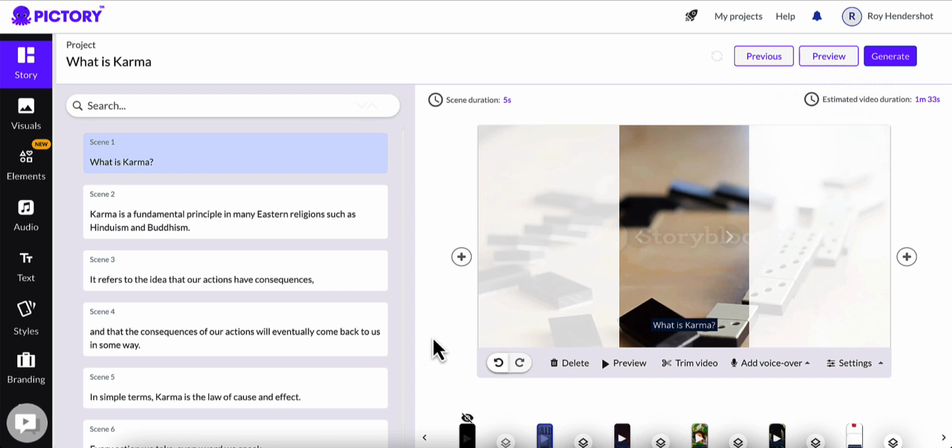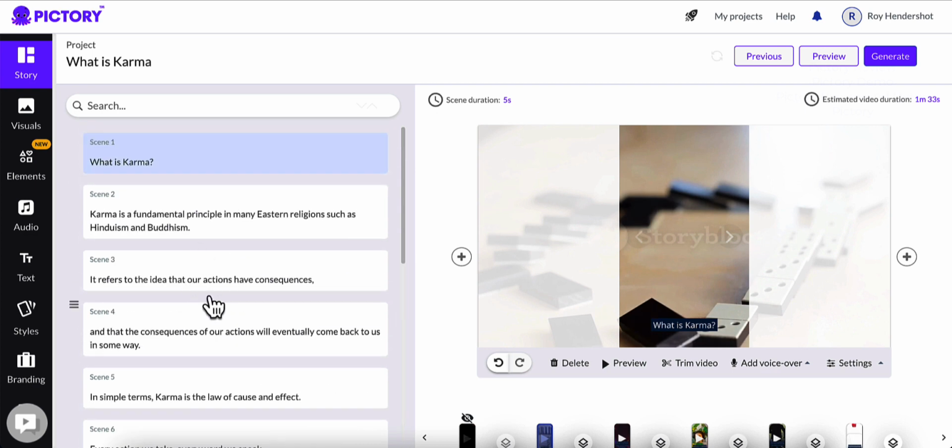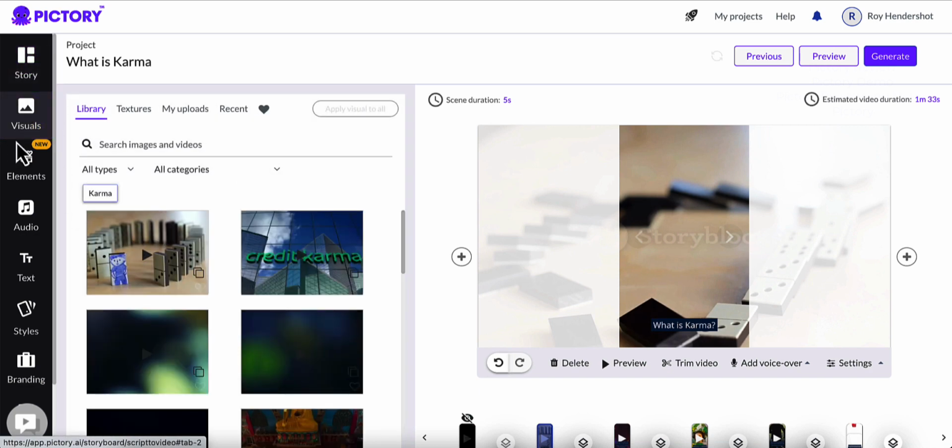So I'm going to go to each slide and determine whether or not that slide has the best media. Before we do that, it wants us to go through and make sure that the script is correct. So I'm just going to go to visuals here on the left-hand side of the screen. What you'll do is work your way down from the top to bottom.